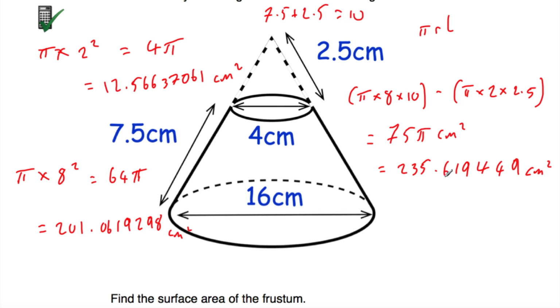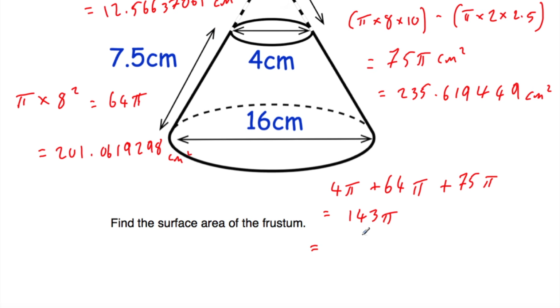Now we could work with the decimal numbers if we wanted to, but I'm going to use our answers in terms of pi just because it's a bit easier to type into my calculator. So I'm going to do 4 pi plus 64 pi plus 75 pi. So 4 pi plus 64 pi plus 75 pi is equal to, well, let's do it on our calculator, 143 pi centimeters squared, or as a decimal, I like to change it to a decimal at the end because it just makes a bit more sense to me,